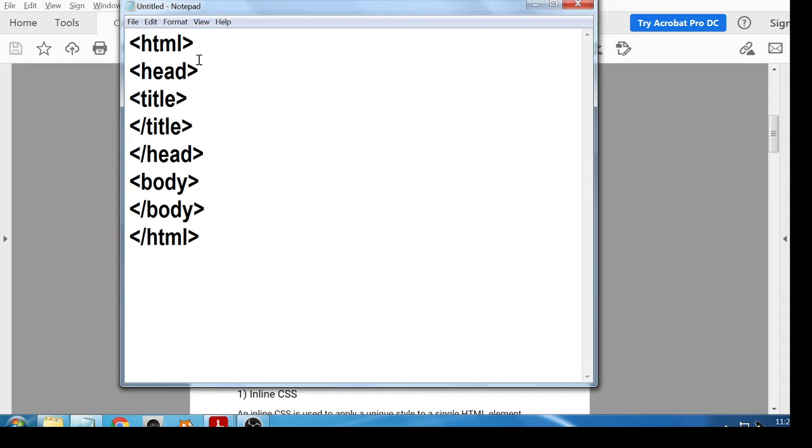Okay, and within the head, add here the title for that HTML, that is the CSS inline or CSS in HTML file. Okay, now we have to add here one tag, that is the h1, and we can apply the CSS for the h1 tag.